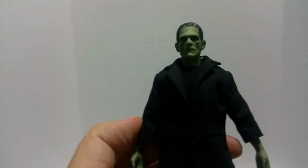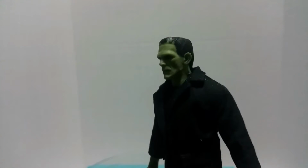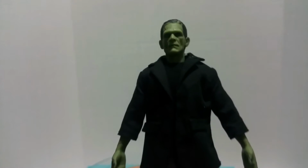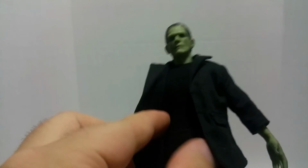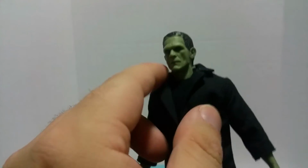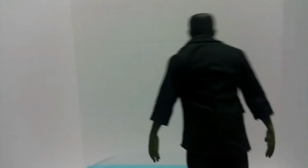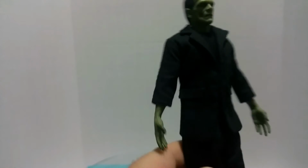Alright, let me take the plastic off of his arms. Okay. Alright, there we go. So here's the figure, and it looks amazing. It looks really, really good. You know what? I'm really hard pressed to decide which head I want on this body. I like them both. But his clothes are all real fabric, and it's really nicely tailored. The thing I don't like about some Hot Toys figures is sometimes the clothes look really bulky, but this